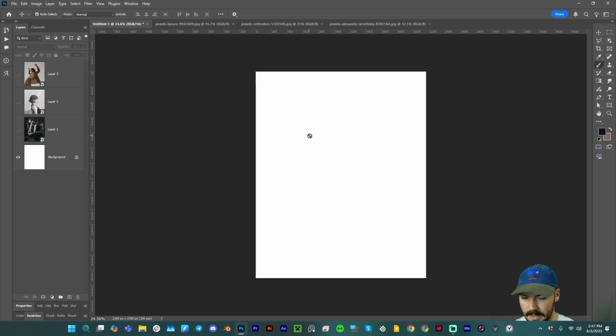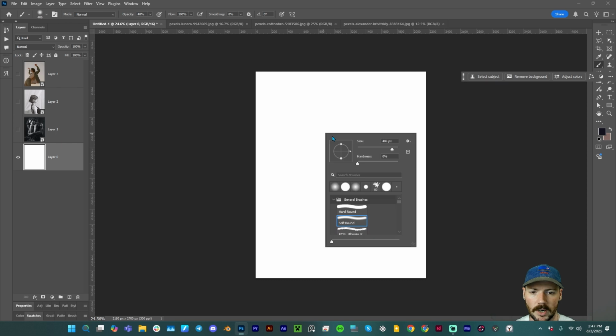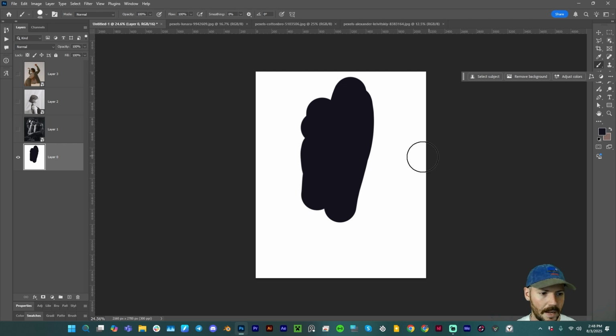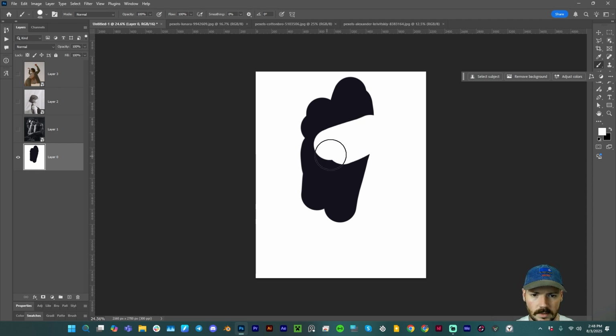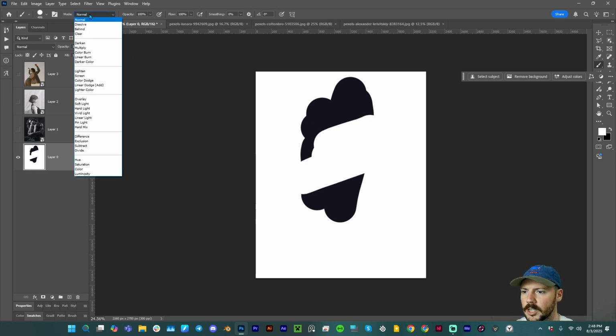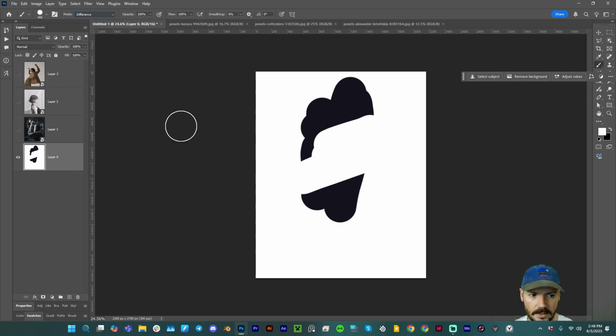I'm gonna hit B for brush. We have our brush here. I'm gonna make it a solid, hard brush. When I paint, it's painting black. If I switch it to white, it paints white. Brush. There we go. Very normal. Now, if I change my brush's blending mode to difference, when I have white selected and I paint, it is